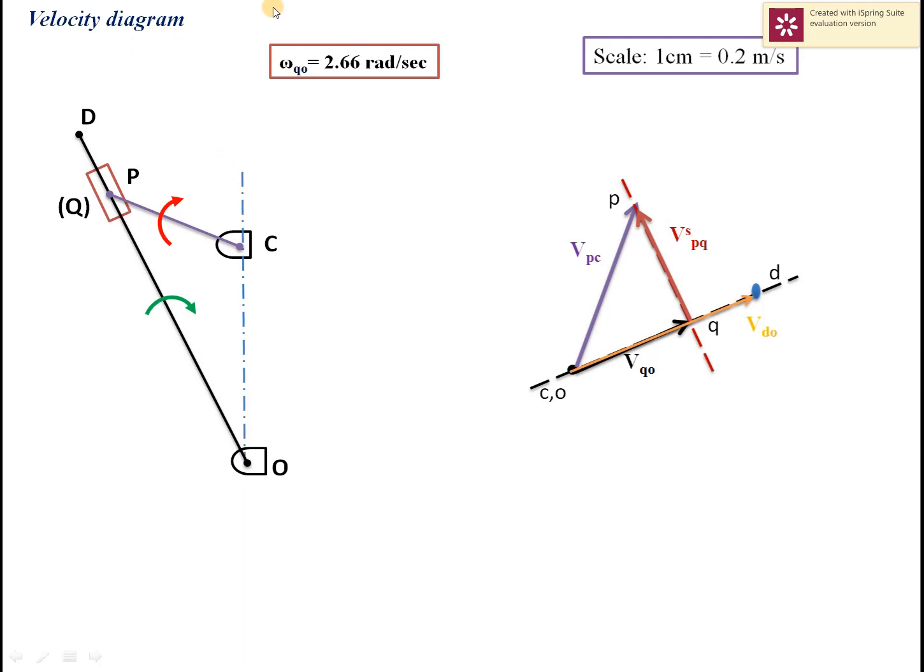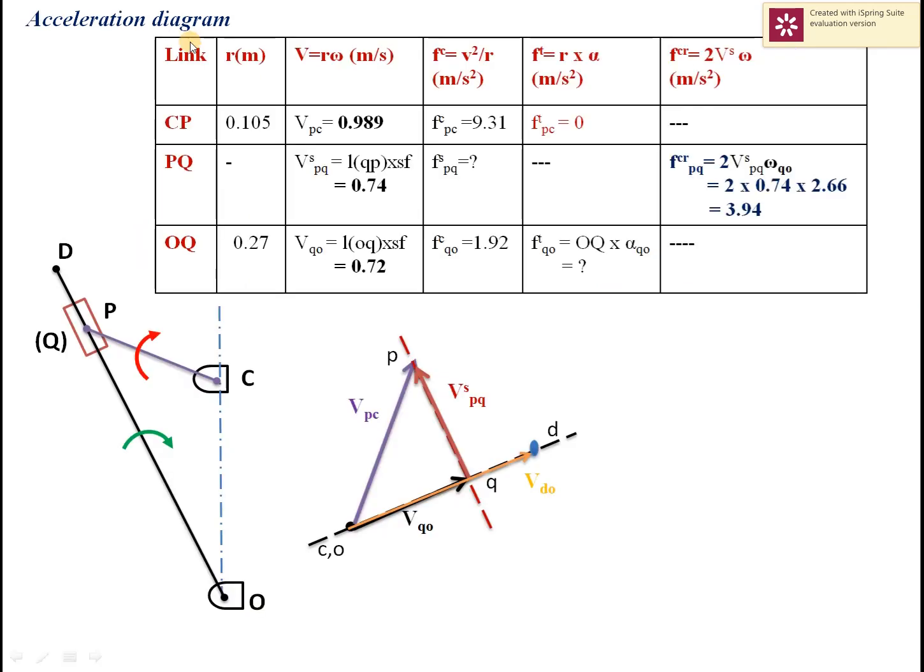So in velocity analysis we produced this velocity polygon for crank and slotted lever mechanism, and from this velocity polygon we determined the angular velocity of link OD, which is equal to 2.66 radian per second in clockwise direction. For the acceleration diagram, for each of these velocities we will find out the acceleration components. For link CP,